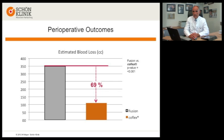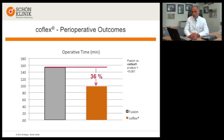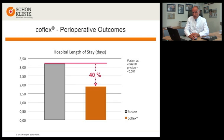The preoperative demographic data were identical in both groups, referring to height, body weight, and age. The data were analyzed from perioperative to a 2-year follow-up. If we look at the perioperative data, we can find the first significant differences. For example, in the Coflex group, the blood loss was 69% less as compared to the fusion group. The time for surgery was 36% less as compared to fusion, and the stay in the hospital was 40% less